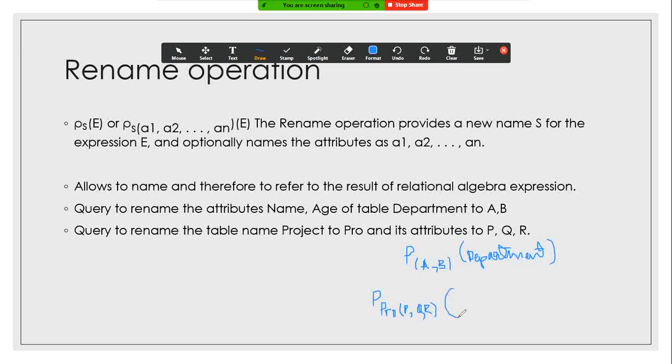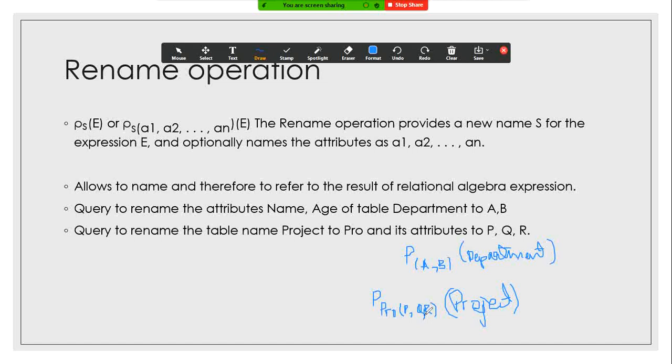From the project table. So what this expression will do, this is the rename operator, so it will rename the project table as Pro and rename the attributes as P, Q, R. So if we want to change the name of our resulting table or the names of the fields in our expression, we can use the rename operator.